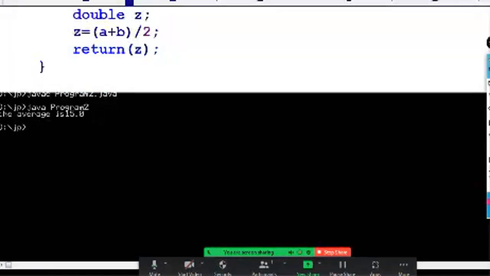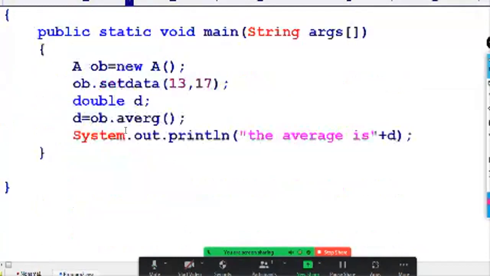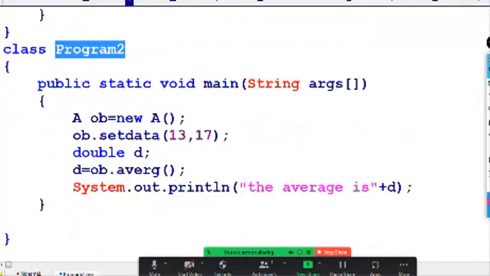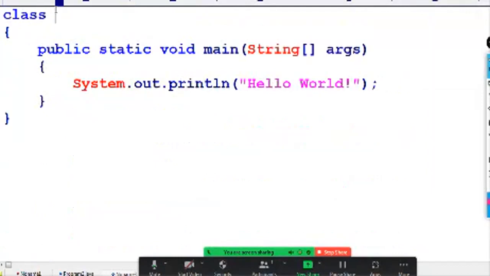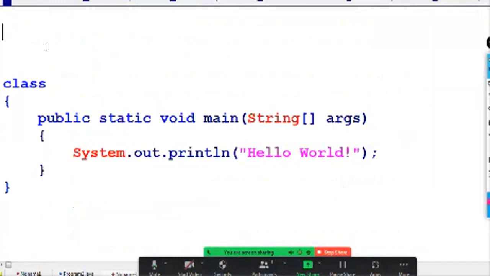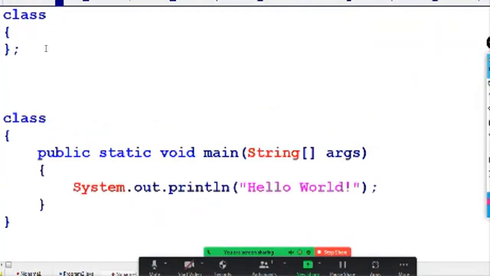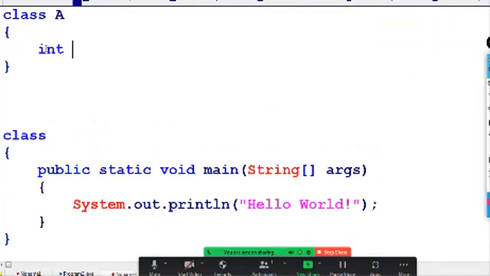And one more example to understand. Sir, how do we go for several objects with the same name, same value or different values? That I am showing here. Let us go for a class. A is the one class, and I am writing int a and int x.